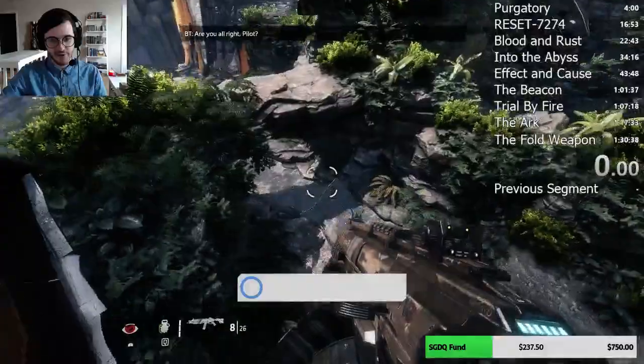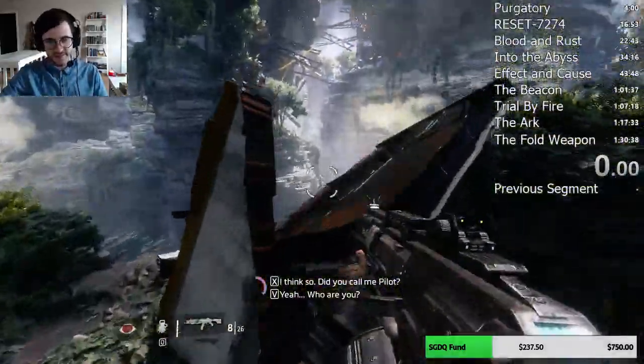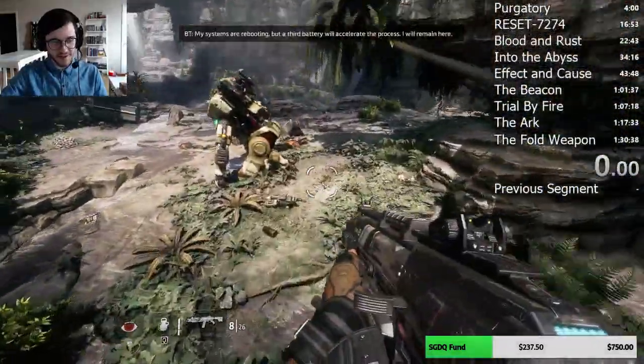So normally you're supposed to run all the way down that river, jump off that thing, come around over there, and then we get to continue on. But instead, as soon as we install...